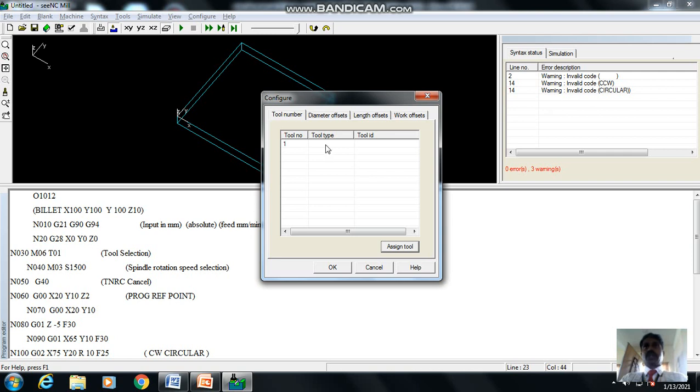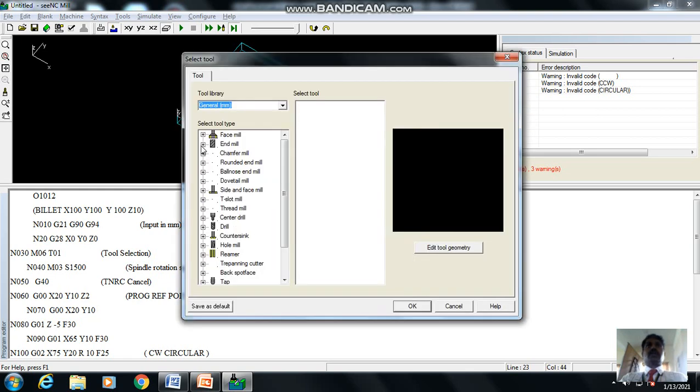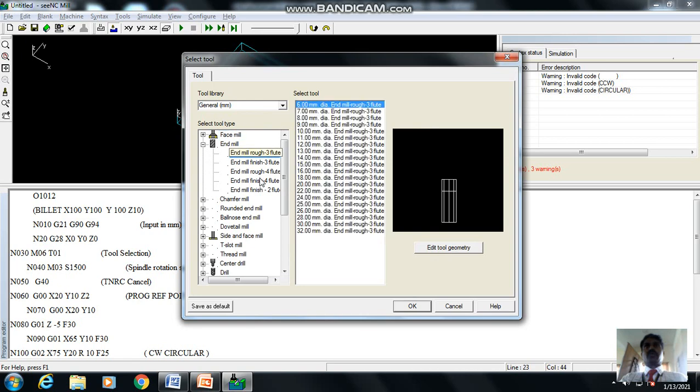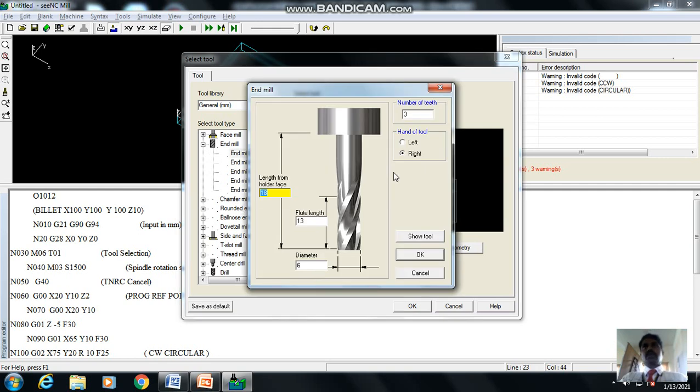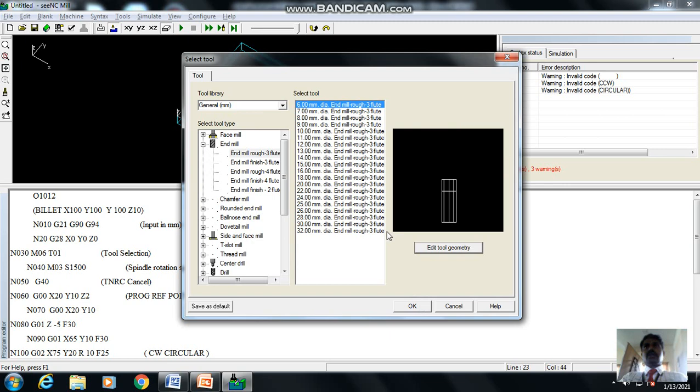And after that we have to go for selection of the tool. So selecting the tool, which tool we want. I am selecting a 3 flute or 4 flute cutter, and here we can go for editing. What is the diameter value here, what is the flute length, what is the length of the holder, everything we come to know. The number of teeth, everything will show. So I am selecting the same diameter, no issues. I have selected a 6 mm diameter tool here. Give OK, and again OK. So now this is ready for operation.